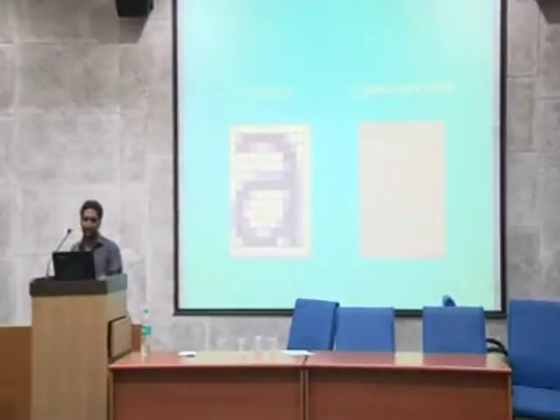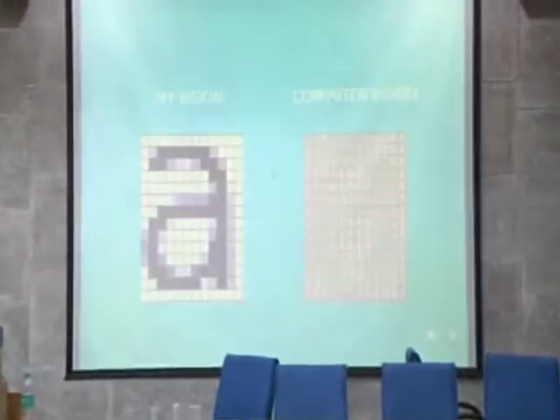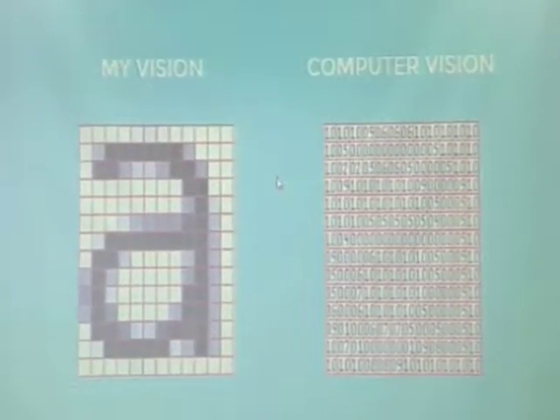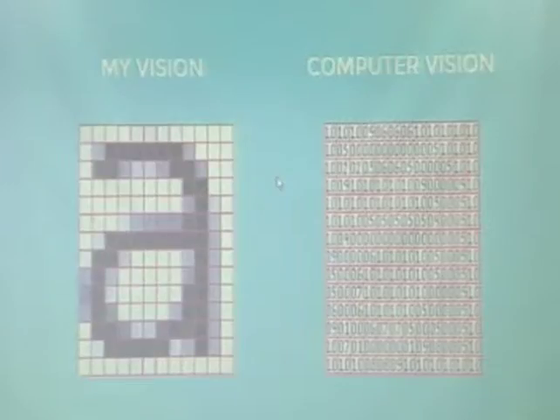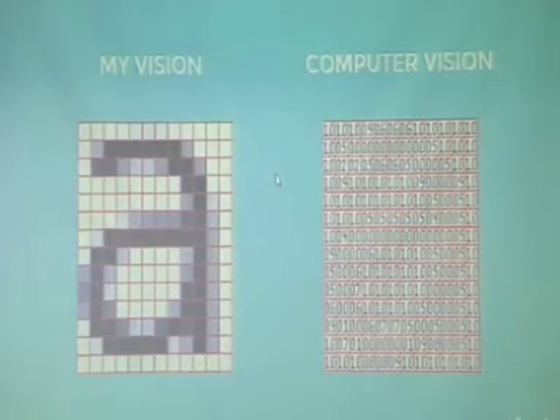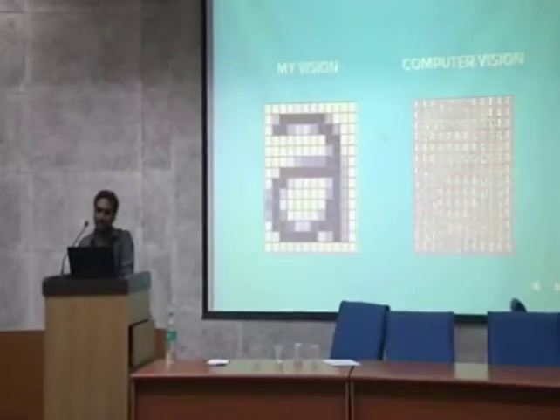So this slide is the backbone of my presentation. It says my vision, computer vision. You see, it's the alphabetic character A. On the left-hand side, you can easily identify it as an A, but the computer doesn't interpret the image as we do. How the computer interprets the image is, it slices the image into blocks, and then it assigns values to each block based on some interpolation algorithms, and the value fed to the box is the thing that the computer cares about.